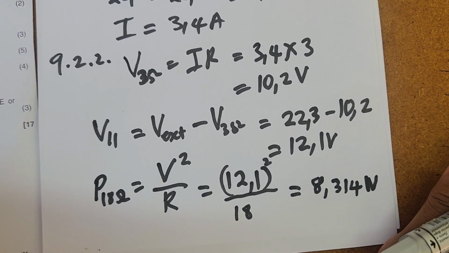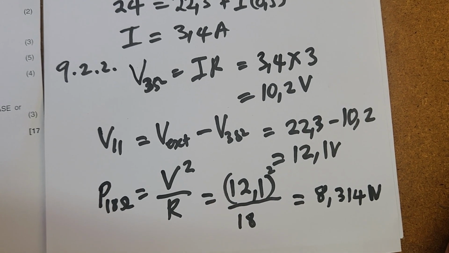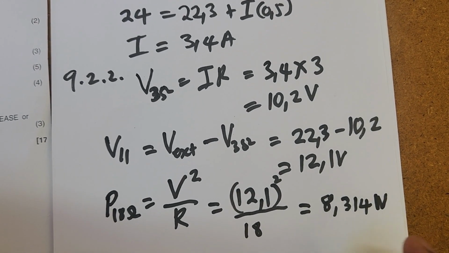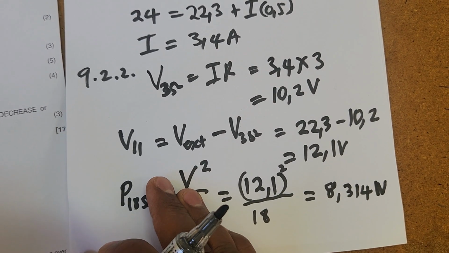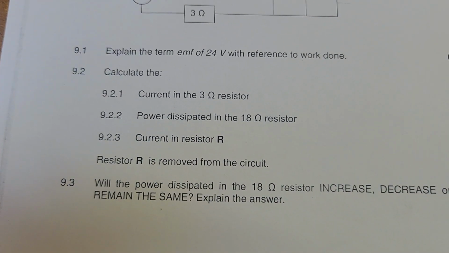That is the power dissipated that we wanted to calculate. In this case, we get 5 marks for doing that. Very good. And then let's go to the next question. The next question says,